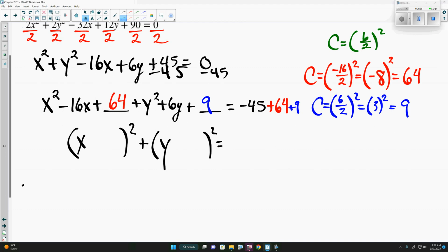Now again, the number that goes inside the parentheses with x is the number that we had before we squared it. So -8. So we have x minus 8 squared. And with y, the number inside the parentheses before we squared it was +3. So we have y plus 3 squared equals